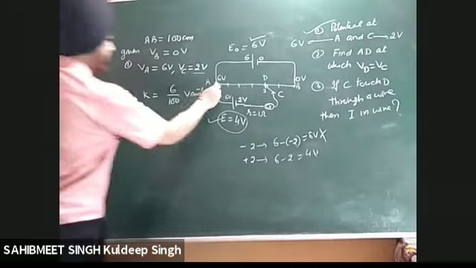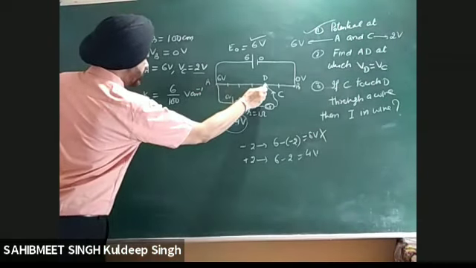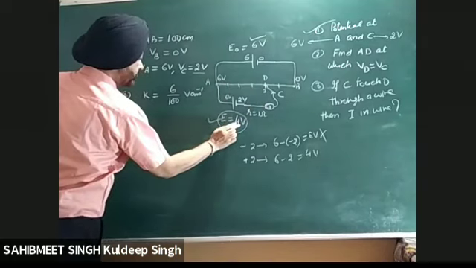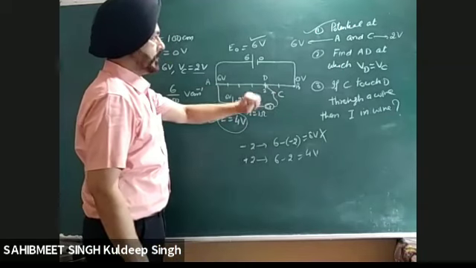I want to find out AD. How much potential is balanced across this wire? 4 volt. Where most of the students will take 2. Okay, the question says